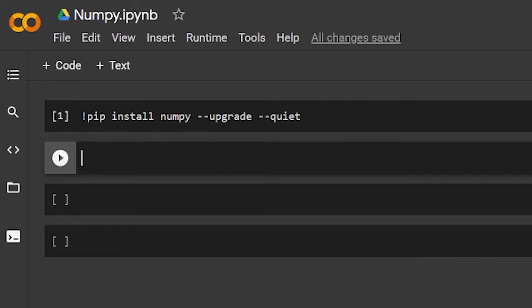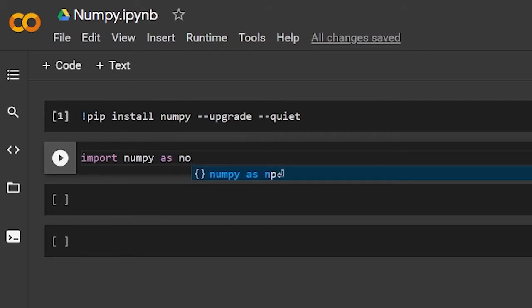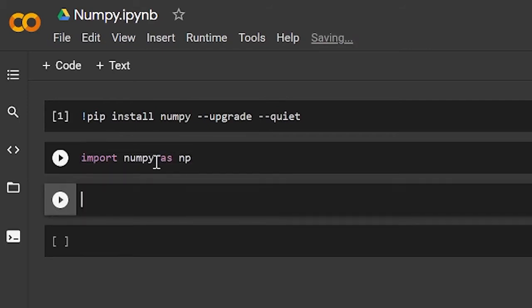And the next thing we have to do is import NumPy as np. And this imports NumPy as np. And as np, it's just an alias, so you don't have to type out NumPy all the time. You can type out something that's shorter. And the alias can be whatever you want it to be, so it could be like import NumPy as G